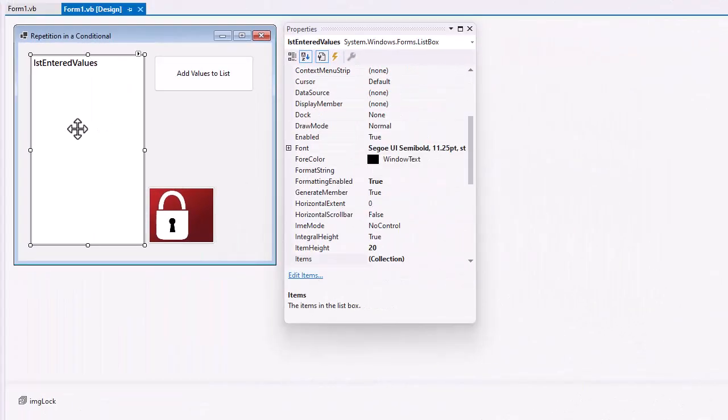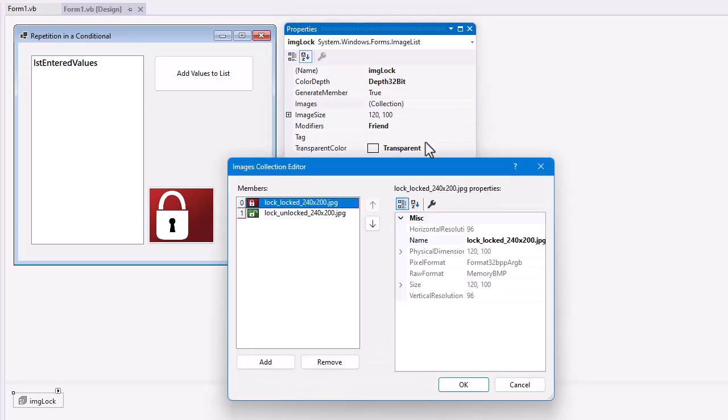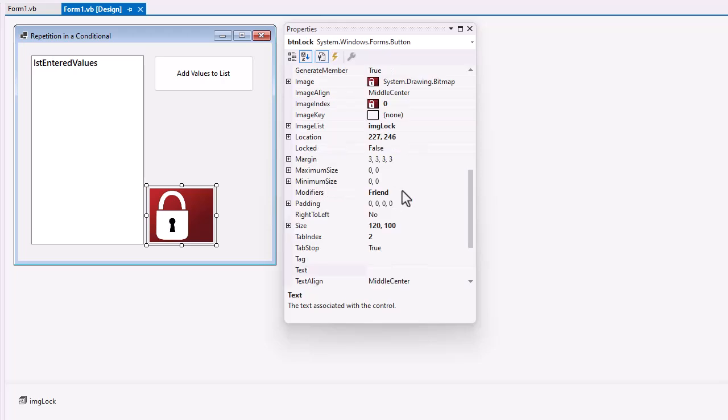My interface consists of a list box named LST entered values, a button called btn add, and then another button here called btn lock. I could have used a label, but a button can also use an image list just like a label does. So I have an image list here called img lock, and it contains 2 items: my locked image and my unlocked image, indexes 0 and 1. And so my button has a connection to the image list of img lock, and the image index is set to 0 to start. Let's look at the code for that button,